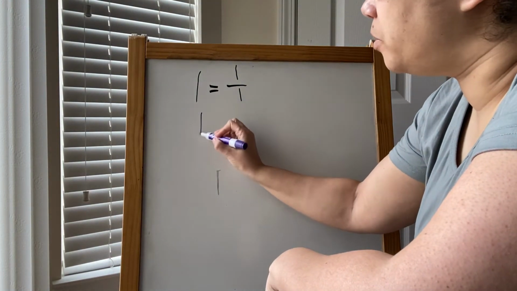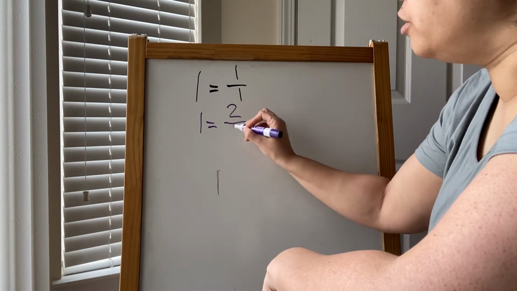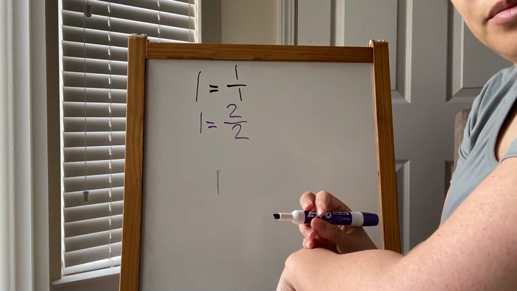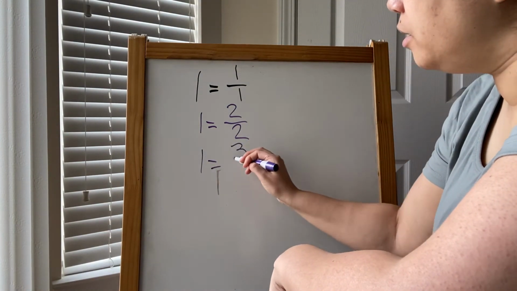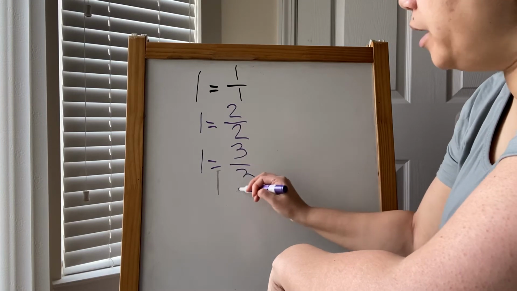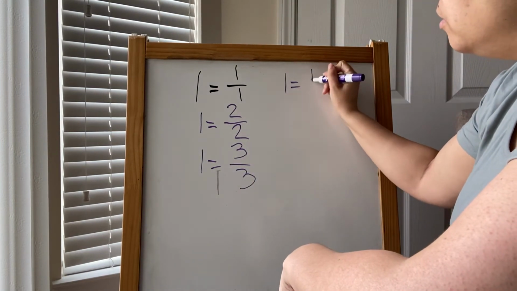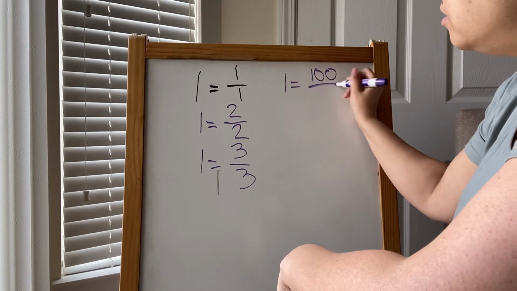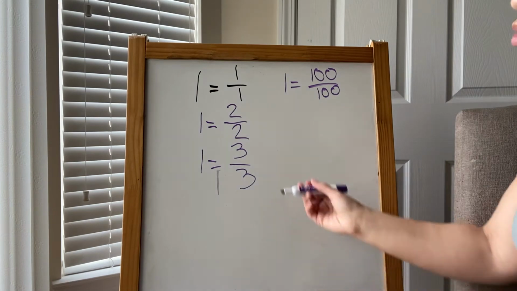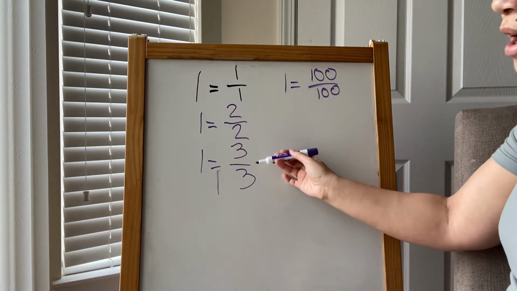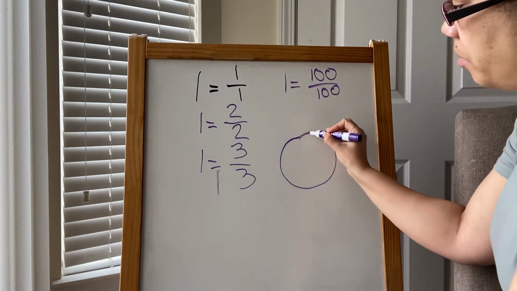1 can also be represented as 2 over 2. It can also be represented as 3 over 3. We can even represent it like this, 100 out of 100. Because remember that this is the part out of the whole. So if I have a pie like this,